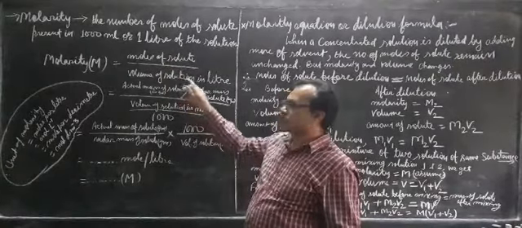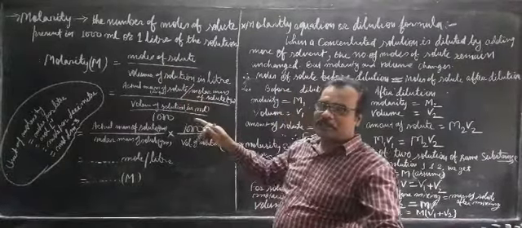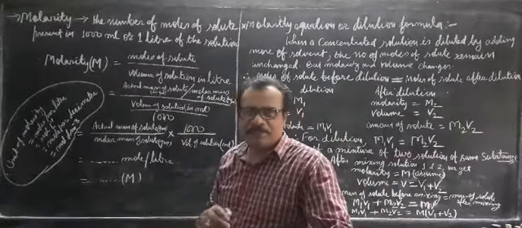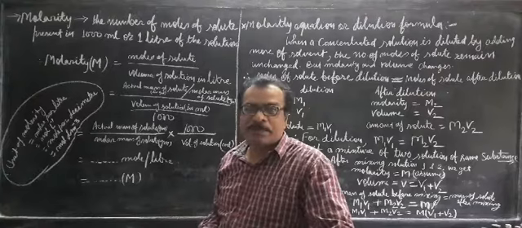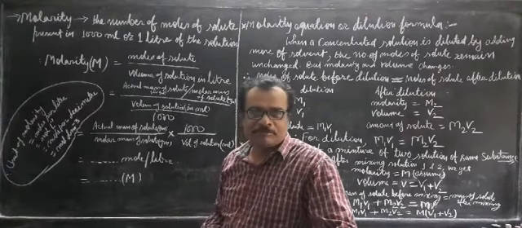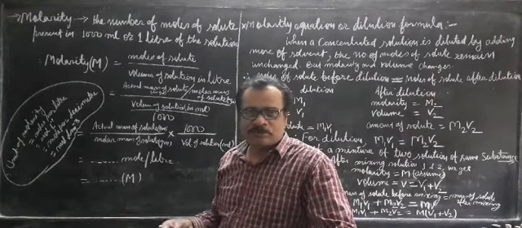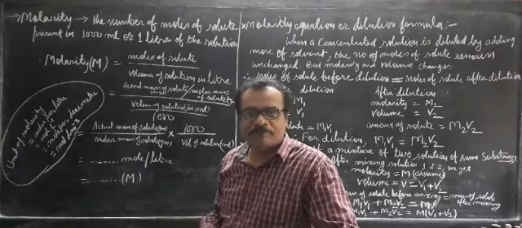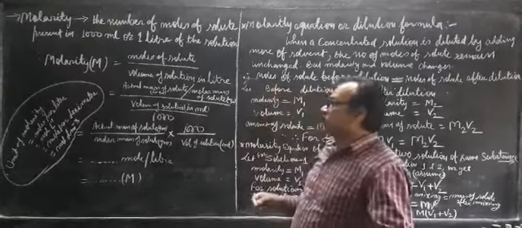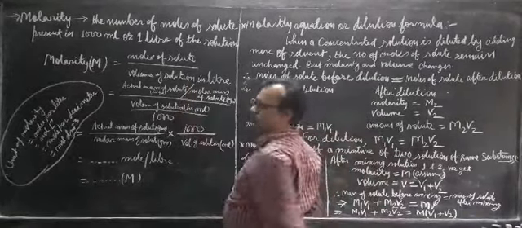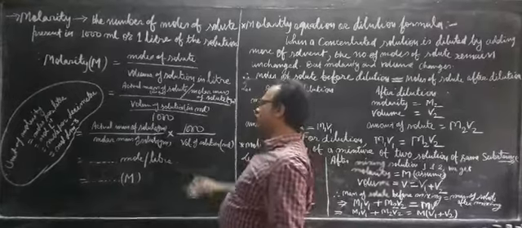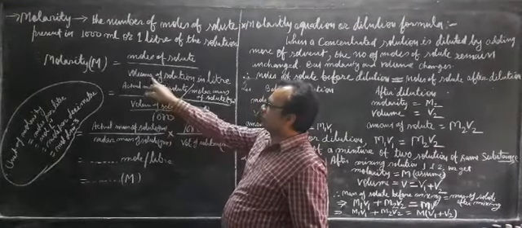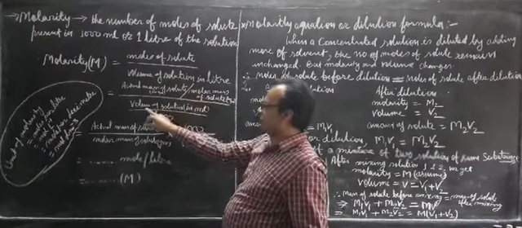And the volume of the solution: generally we carry out work in the laboratory, so we never prepare solution in liter. We always prepare solution in milliliter only. So generally in the question you will definitely be given the amount of solution or solvent in ml only. So how to get the liter when you are given ml? Volume of the solution in ml divided by 1000 gives liter. Volume of the solution in liter is replaced by this form.